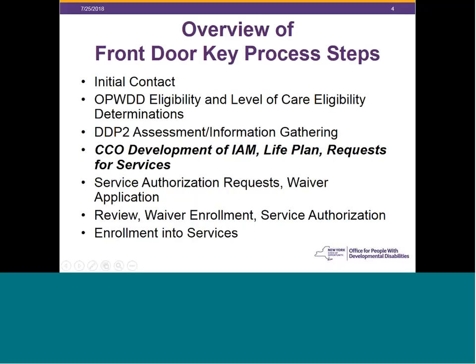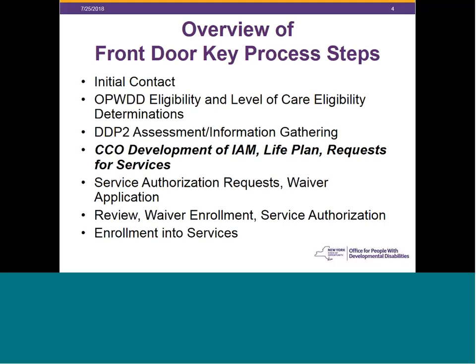So I mentioned these steps. Let me just review them again. These are the steps that are on the front door process map that we'll be speaking more specifically about: the initial contact part, determining OPWDD eligibility and level of care, and the assessment and information gathering. The DDP2 is the assessment that the front door does,